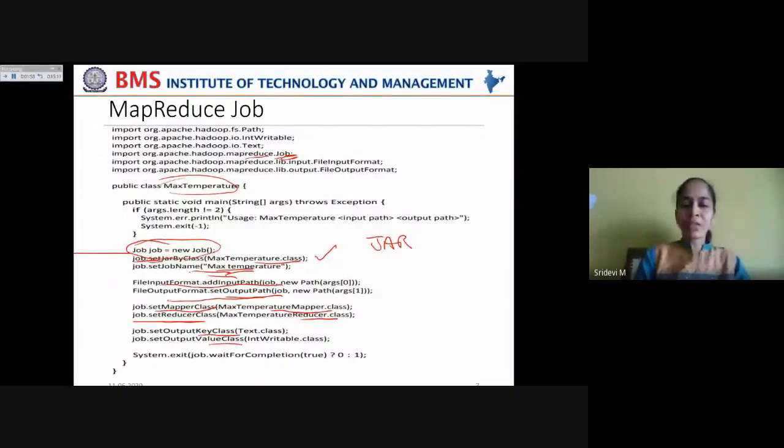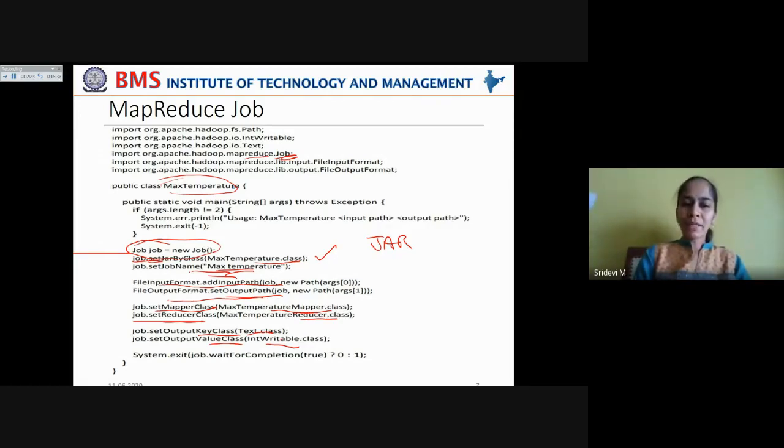And finally, you're also setting the data type of the key value pairs that would be emitted as output by this job that is being executed using map and reduce functions. For that you are setting the output key class, which is the Text type, that is the year, and the output value class, that is the integer value, the maximum air temperature recorded in that particular year.